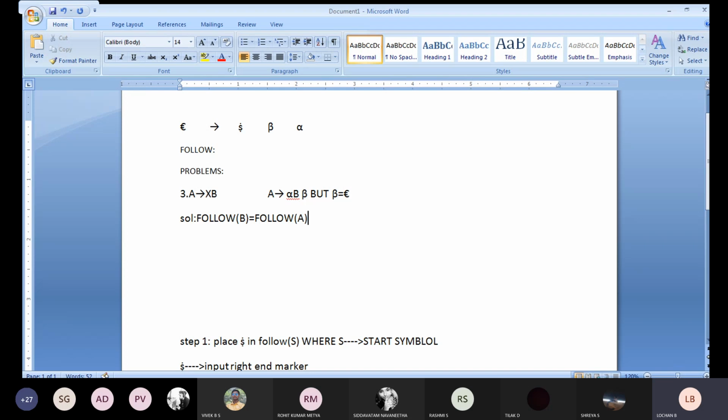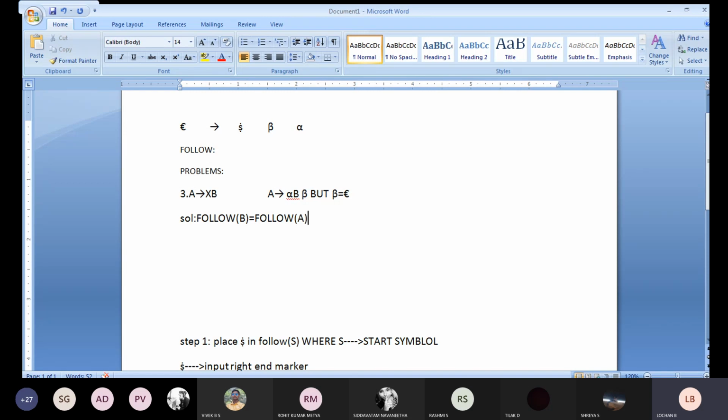Just write this one while solving the problem, I'll tell you, because in this particular case you don't have any terminals to get the solution. They have given only the non-terminal part in the question. If you see A implies XB is there. I will repeat once again. If you see in this particular problem, no small letters they have given. That is the terminal part. Whatever the result you are going to get, we need to calculate the result with the terminal part itself.